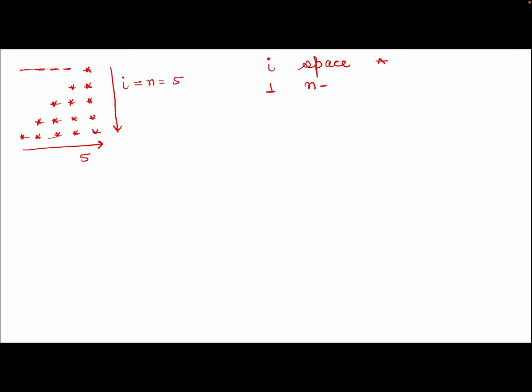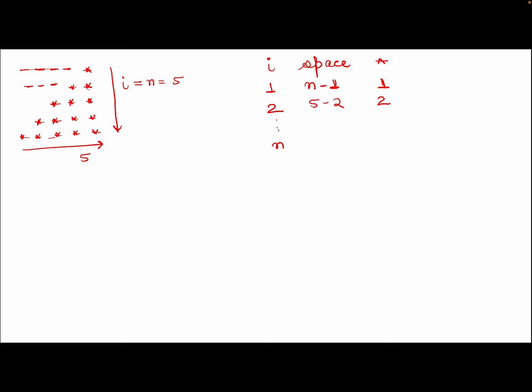So 4 spaces means n minus 1, and 1 star or asterisk. When i is 2, I want to print 3 spaces, so 5 minus 2 or n minus 2. And how many times should the asterisk be printed? 2 times.